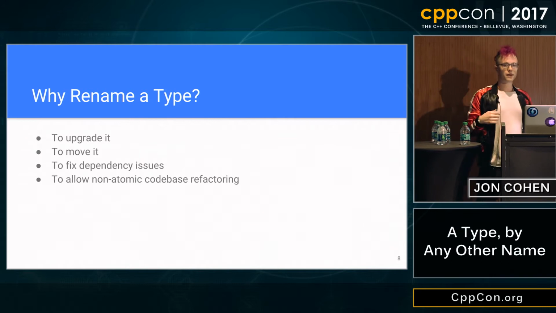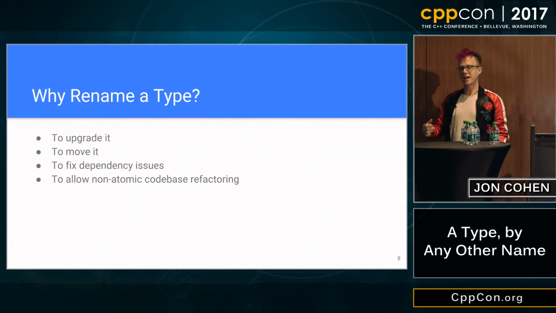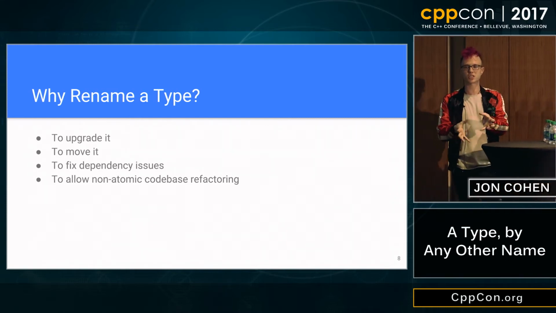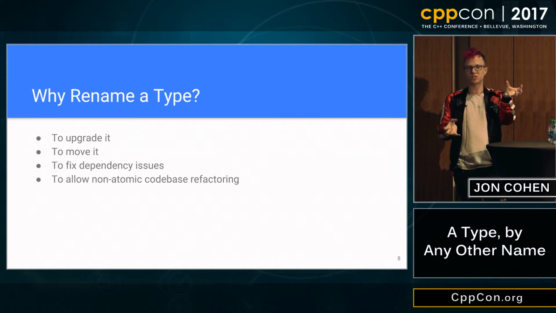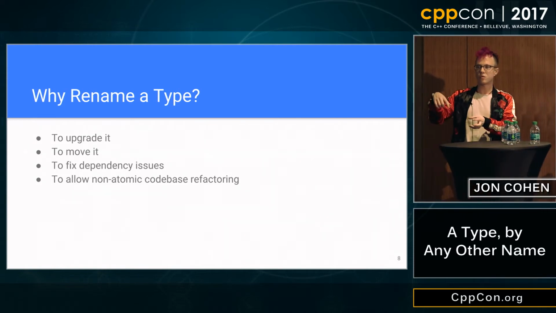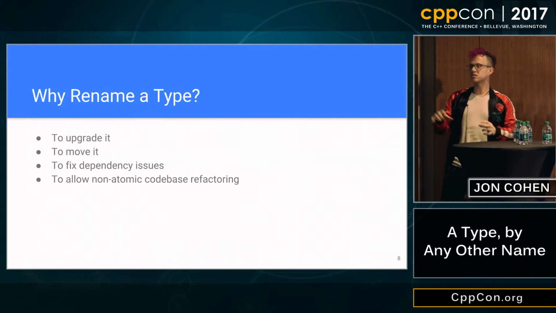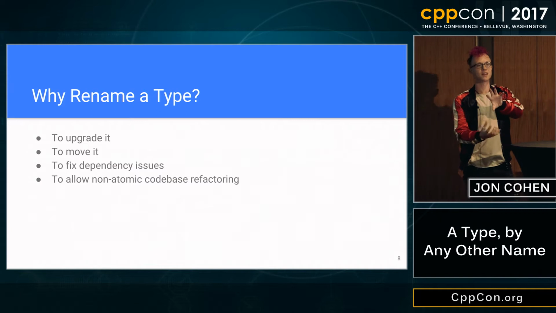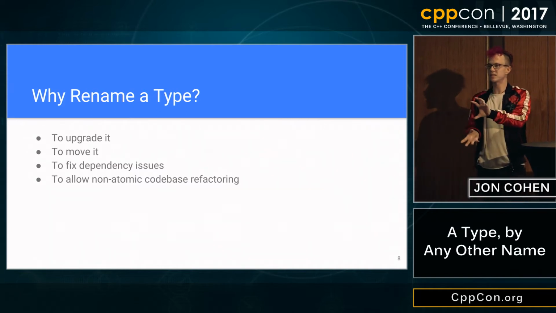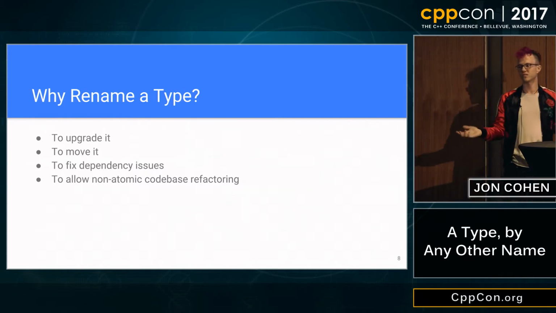You might also want to fix dependency issues. This was actually a problem we solved in Abseil, where a lot of our foundational code that you'll see in base couldn't use our good string manipulation libraries because they depended on base. So we used these sorts of migration tactics that I'll talk about in this talk to invert that dependency and mean that our foundational stuff can rely on more sane string manipulation instead of going down to C standard library string stuff or rolling their own string algorithms.